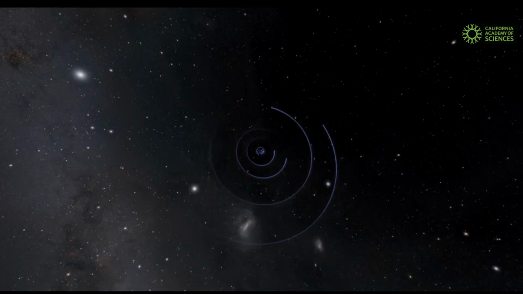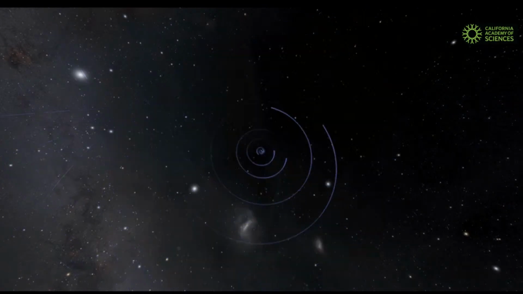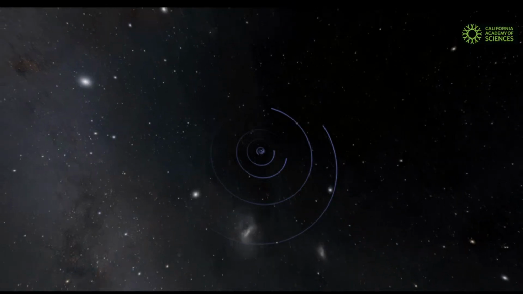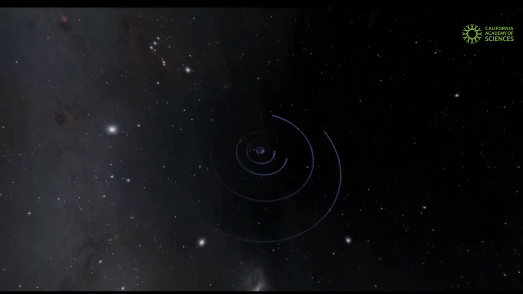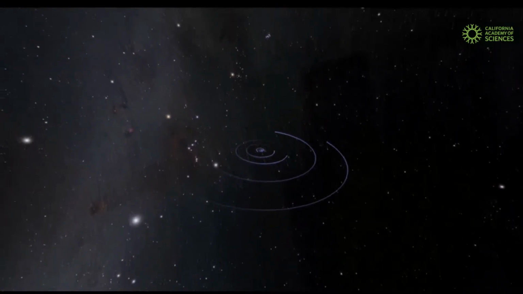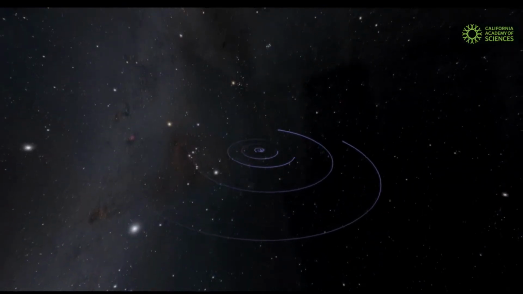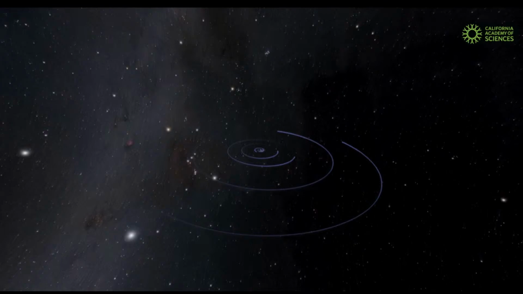The Kuiper belt is a lot messier than the asteroid belt, and it looks like this. There are things all over the place, and this is where some of the short period comets come from, as well as other objects known as dwarf planets. Dwarf planets are objects that became a new category of body in our solar system in 2006, when astronomers decided, well, maybe Pluto should be reclassified as some other kind of object, because it really doesn't behave like the other planets in the solar system do. I mean, if you look at the planets and if you look at their orbits, the orbits don't all line up quite the same way.